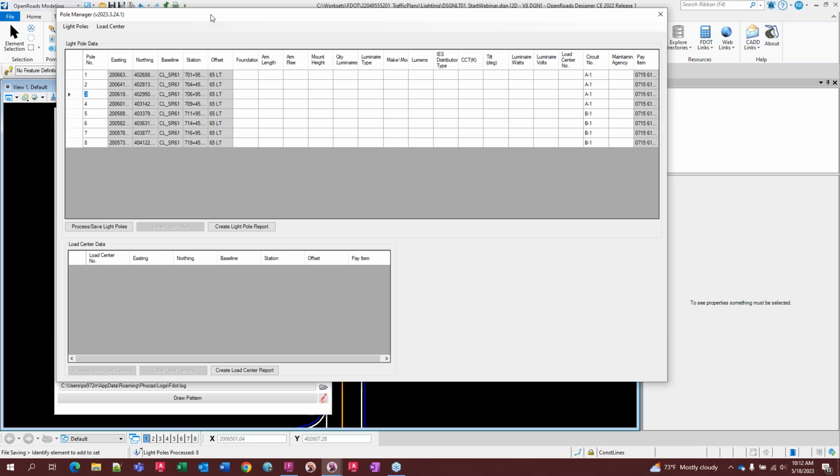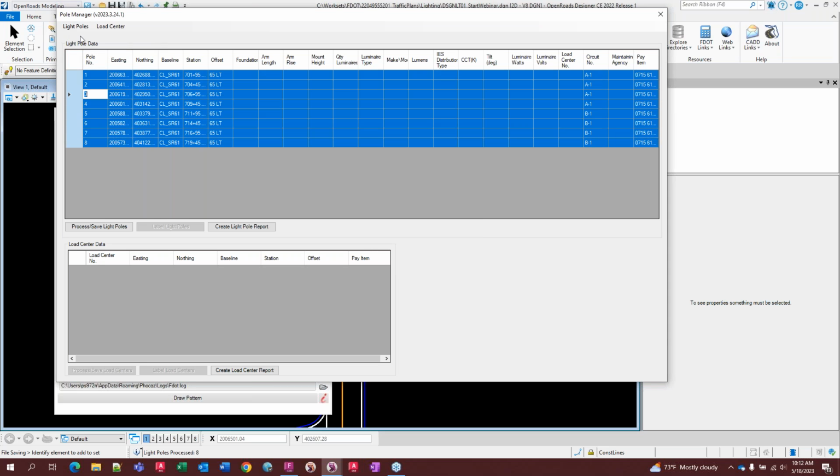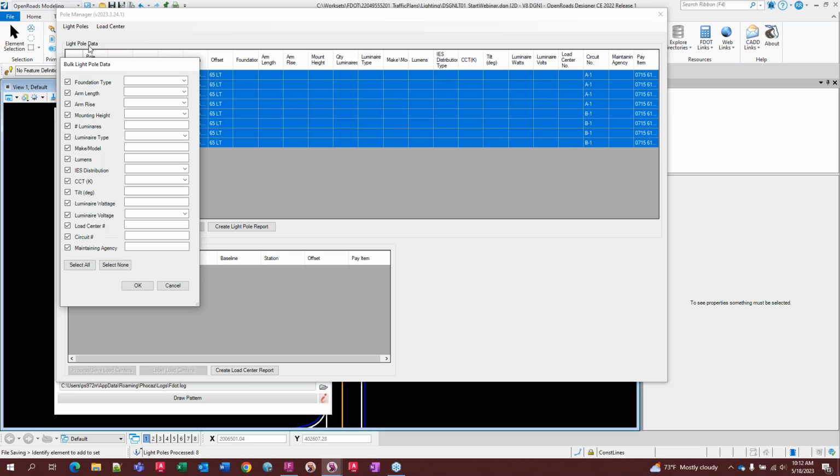Okay, so we have the circuit number and we have the pole numbers. Let's add in other information. Then select my rows. All right. So I'm going to leave it the way it is. I'm going to unselect circuit number since we already have that covered. So I'm going to go through and let me see what's in the manual here. All right, so I'm going to select spread footing,